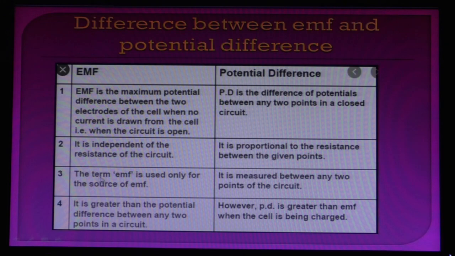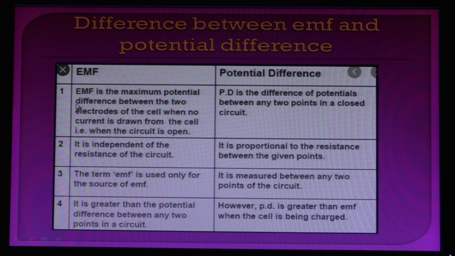Thirdly, the term EMF is used only for the source of EMF, the source of current, that is the battery. While potential difference is measured always between 2 points. That's why it is so called potential difference. And we all know difference could be calculated always between 2 points. Fourth, it is greater than the potential difference between any 2 points in a circuit,